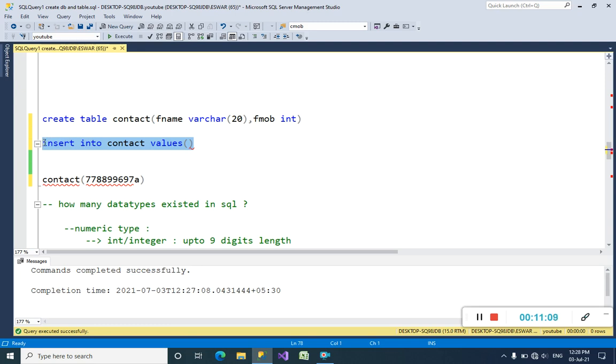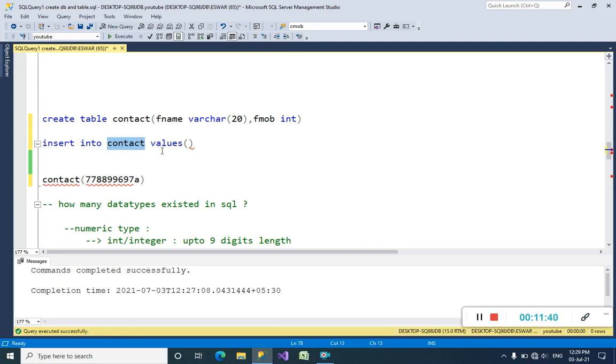This is the only way to insert values, and we have to remember this query. Insert into contact means you have to mention the table in which you want to insert values. I mention the contact table here because I want to insert values into the contact table only, not into the student table, because I have two tables, student and contact.